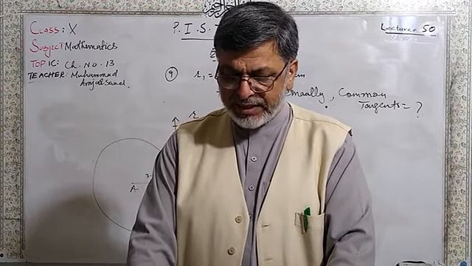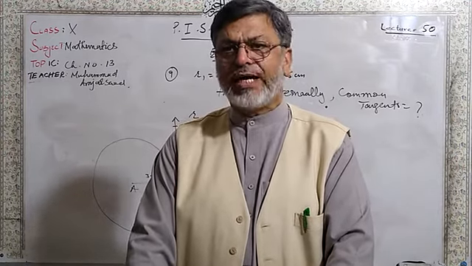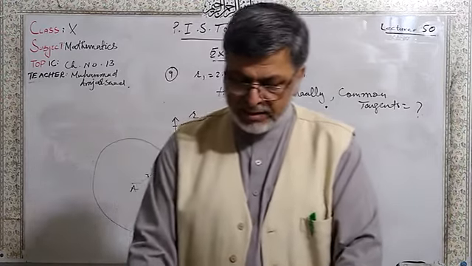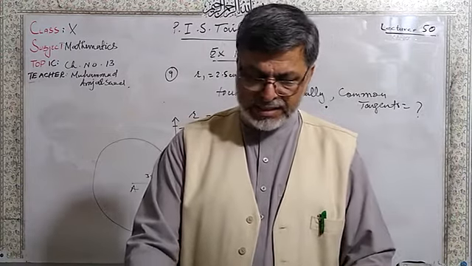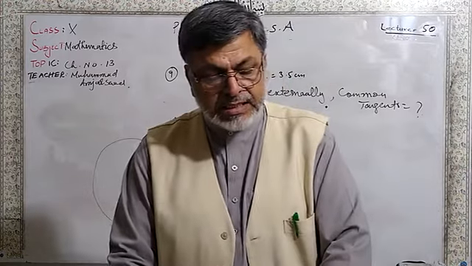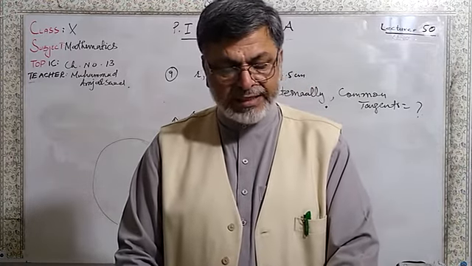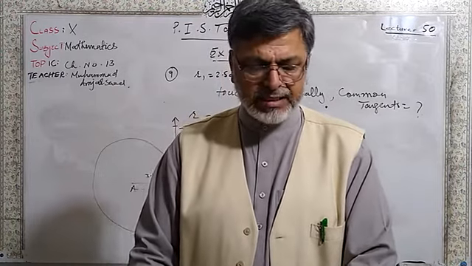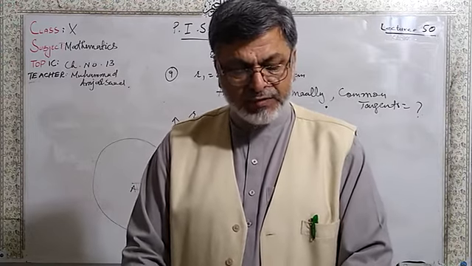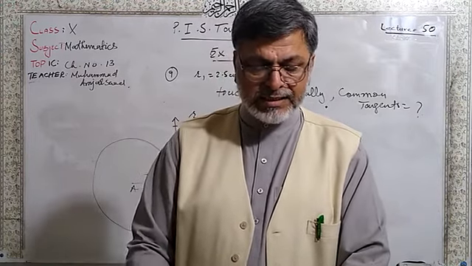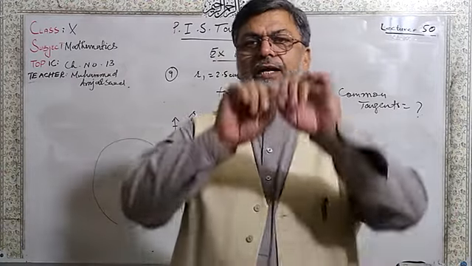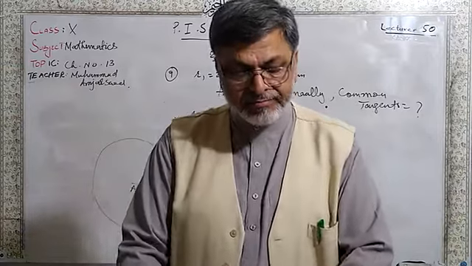The length of the diameter of a circle is how many times the radius? It is 2 times. So B option is correct. Tangent and radius are perpendicular to each other. C option is correct. Part number 7. Circles having 3 points in common, they are overlapping circles. A option is correct. 8th part. If two circles touch each other, their centers and point of contact are collinear. Collinear means they are lying on the same straight line.